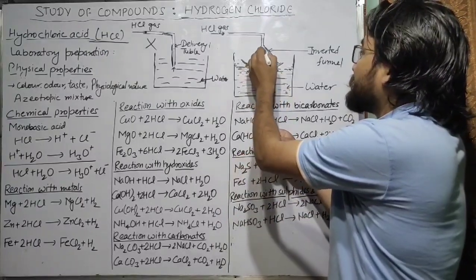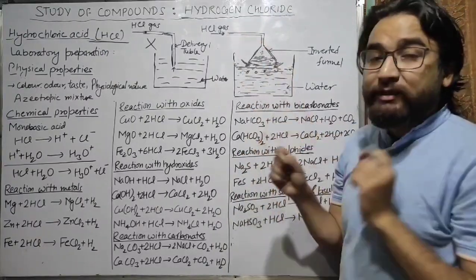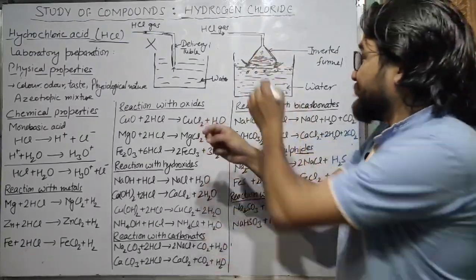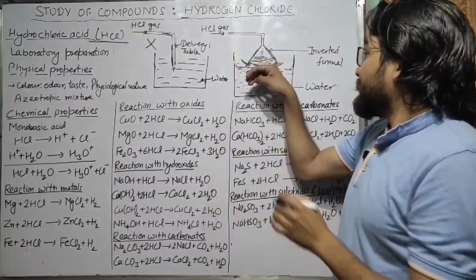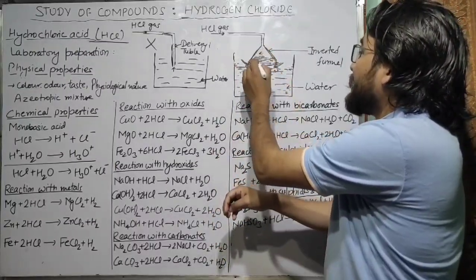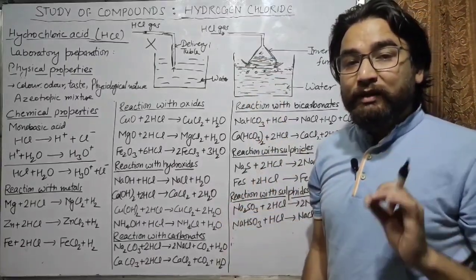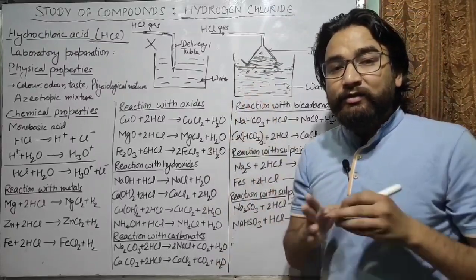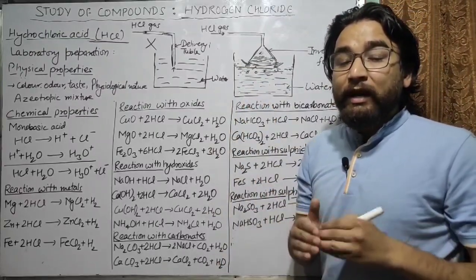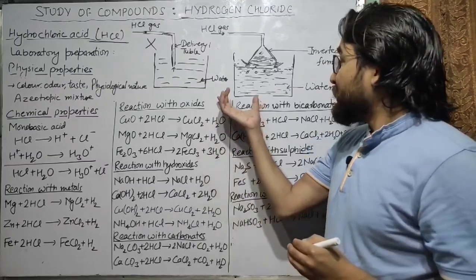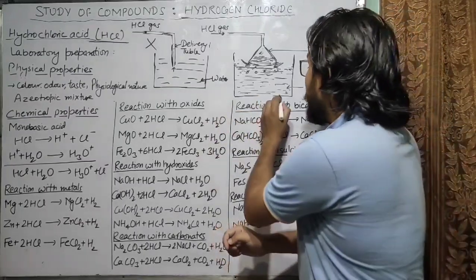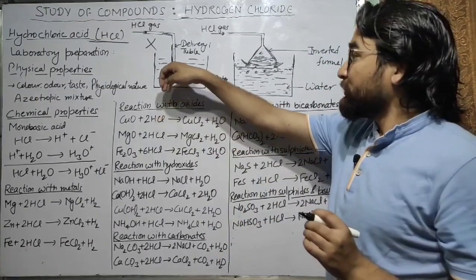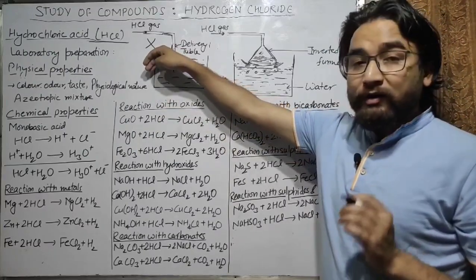Again, when the pressure inside the funnel or inside this arrangement decreases, the water will move upwards into the funnel, and again there will be an air gap, and because of this air gap, the pressure inside the funnel and outside the funnel will become equal, and again the water will fall into the beaker. This process will repeat again and again, so it can avoid the back suction. So this is the arrangement which is used for preparation of hydrochloric acid. We cannot use the other one because it is not useful. It cannot avoid the back suction.